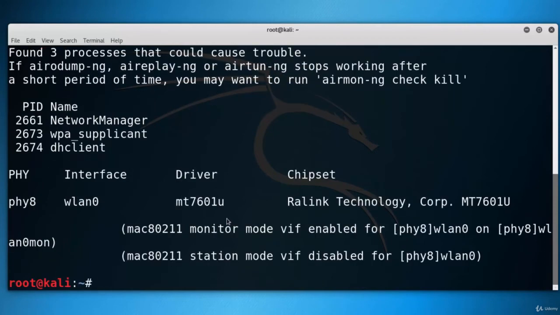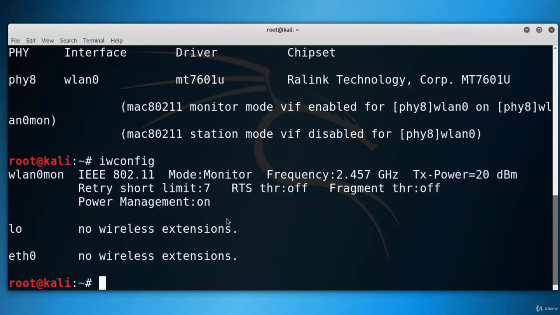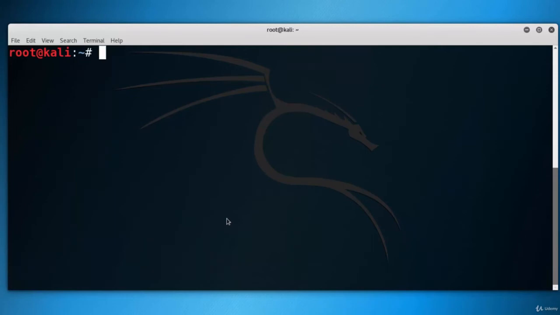So I have just converted my wlan0 to monitor mode, and now let's sniff out the air. Let me do airodump